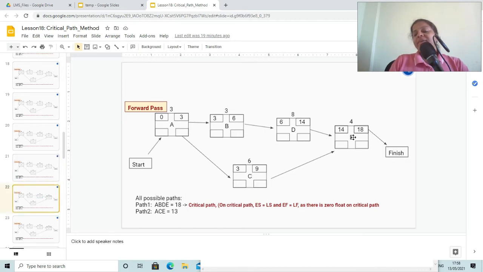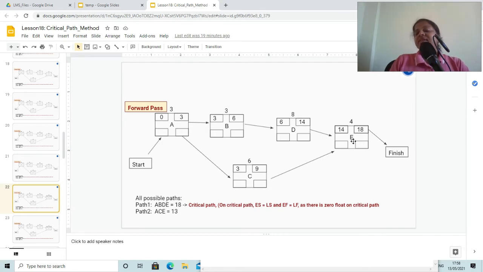Now activity E, since it had dependency on C and D, we have calculated C first, but we already know that this is the critical path, and yeah, so the value 14 is greater than this value. So since activity E has dependency on activity C and D, and activity D can finish on 14th day, earliest it can finish is on 14th day.